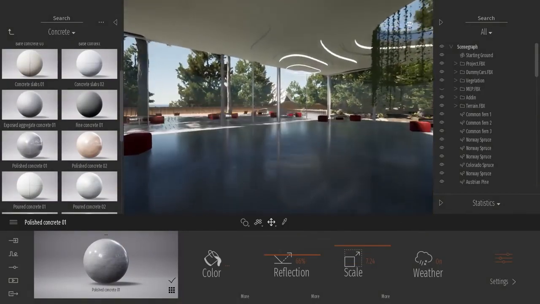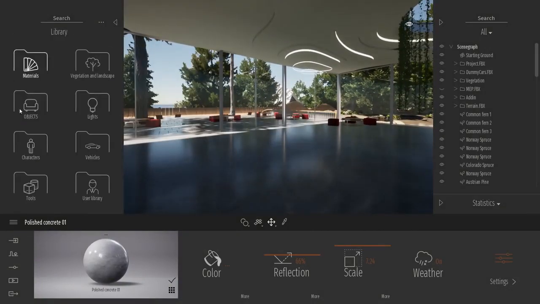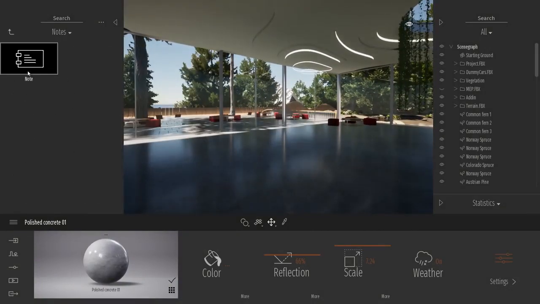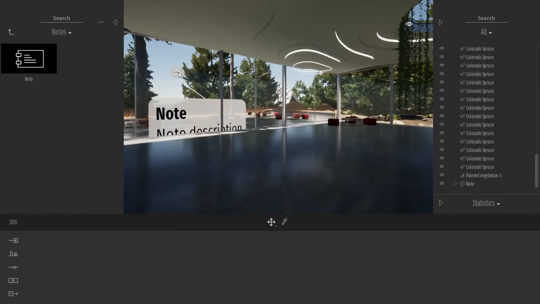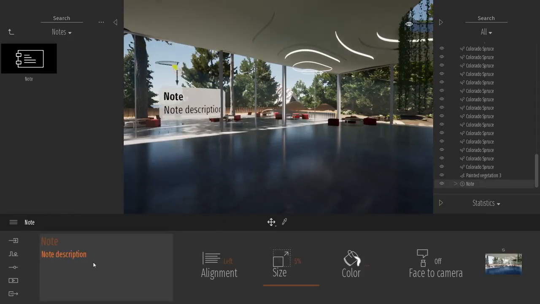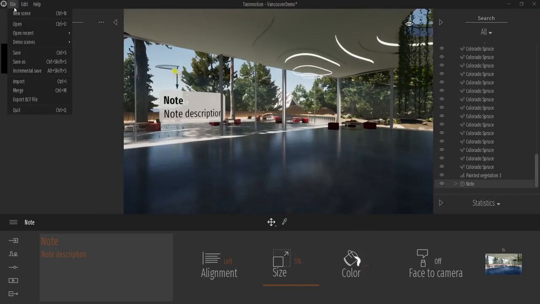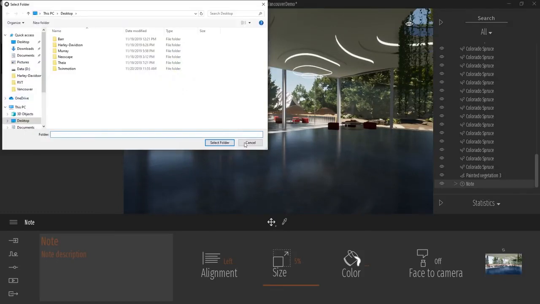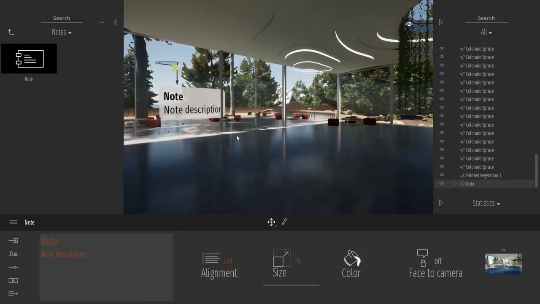So yeah, I was talking about notes. In Twinmotion now in the tools folder, we have notes. You can drag and drop notes inside your project. You can just expand and collapse them. You can change the size of them. You can add title, description. It takes a thumbnail. And all those notes, you will be able to export them as a BCF file that you can import them back inside Revit. And in Revit, you will retrieve the title, the description, and the thumbnail.